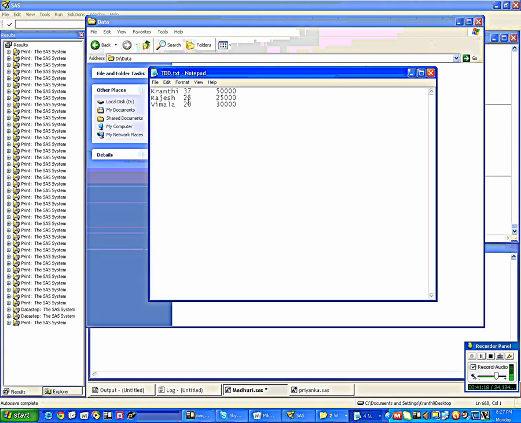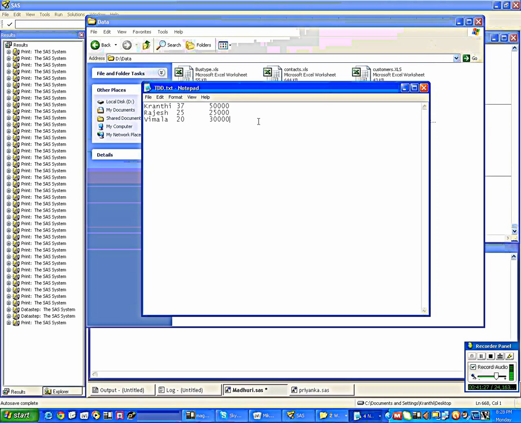Tab, you know the tab, right? So, what is the tab? Tab means the length is 8. The tab length is 8. After Kranti, if I write like this, the data is like this.